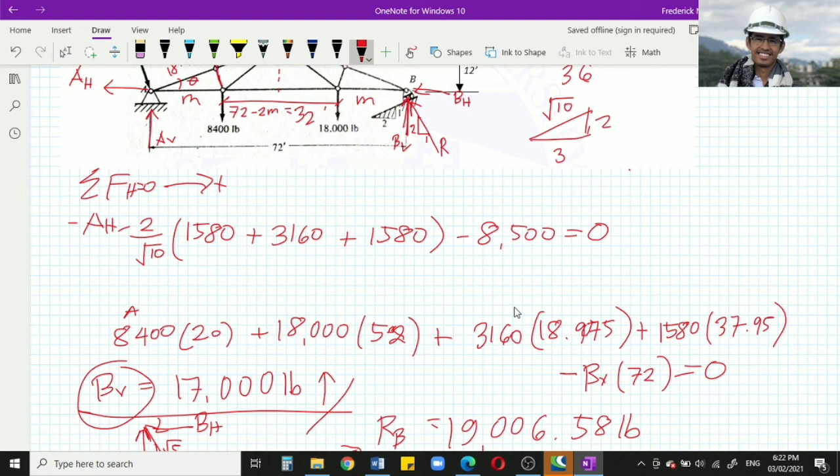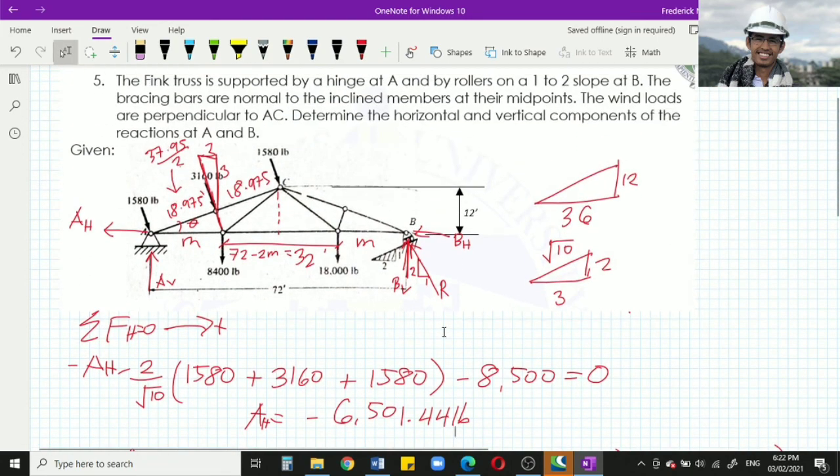So therefore, yung AH natin will be equal to negative 6,501.44 pounds. Okay. So negative siya, class,